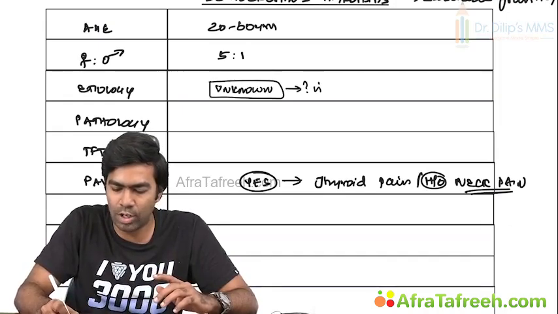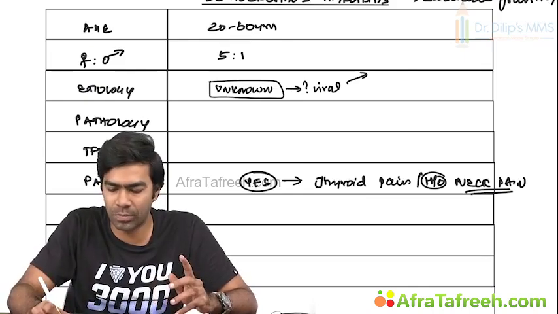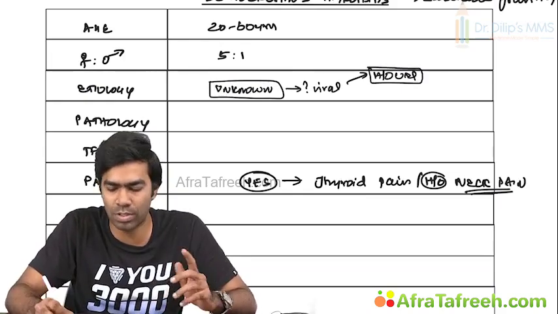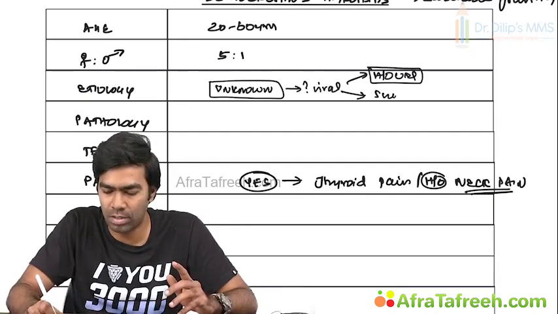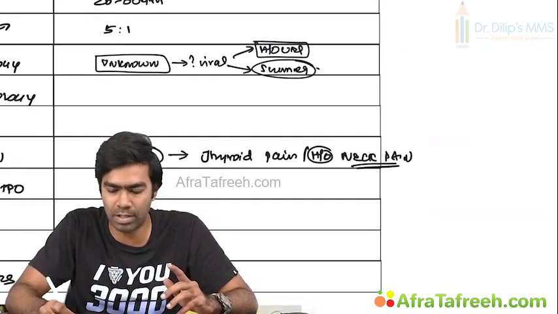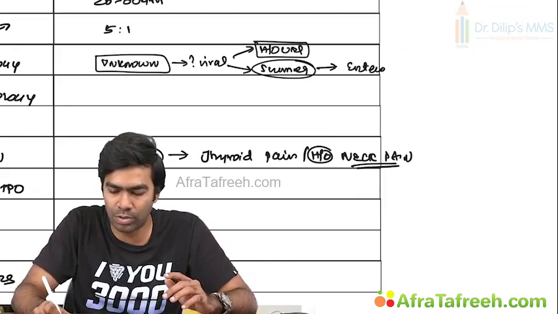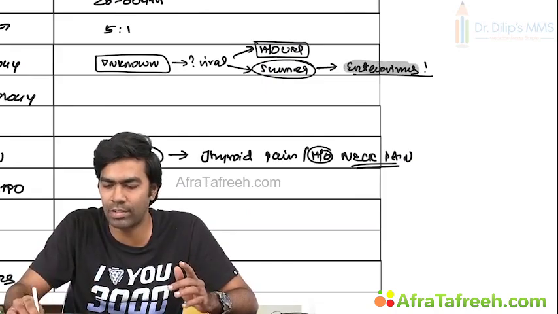Probably some viral etiology has been suggested. The reason is because many of these patients will have a history of URI-like illness. At the same time, many of these patients will present in summer, because summer is the usual peak time for getting this de Quervain thyroiditis. So that is a time where enterovirus also peaks. So that is why it's thought probably this enterovirus could be a very good candidate for causing de Quervain thyroiditis, but